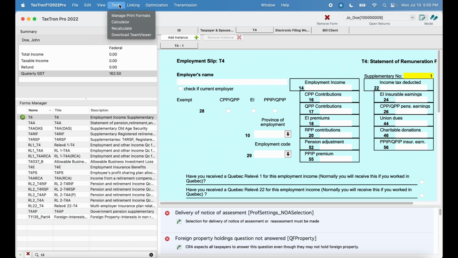The Tools menu offers various functions to enhance your tax return preparation. You can manage print formats, access the calculator, recalculate your return, and download TeamViewer for Mac to use when contacting our support staff. The Linking menu provides the functionality to link and unlink returns between spouses, allowing for the joint